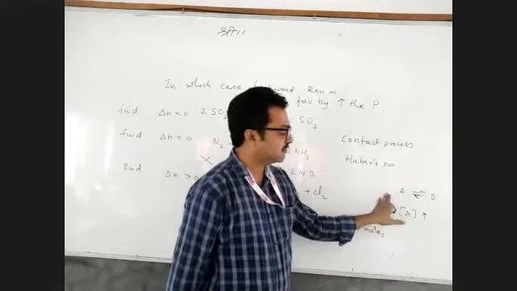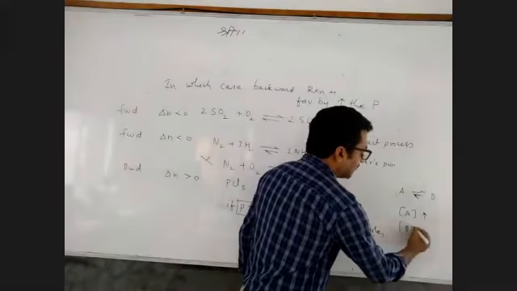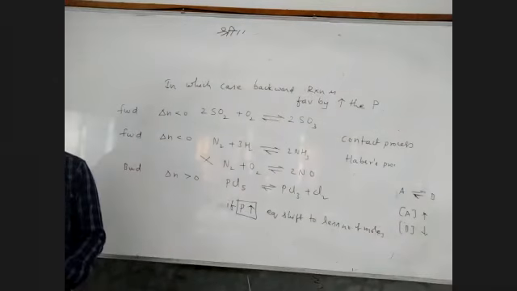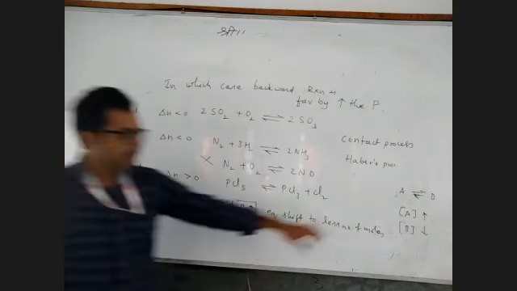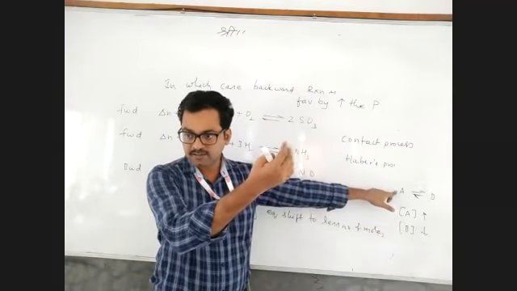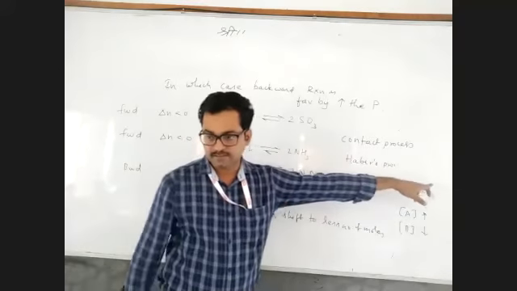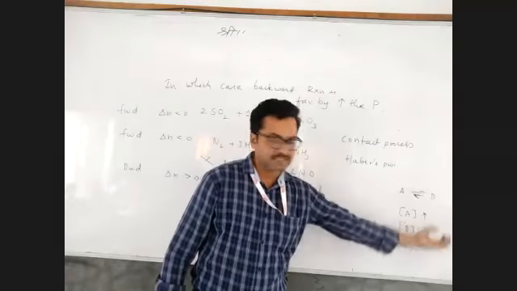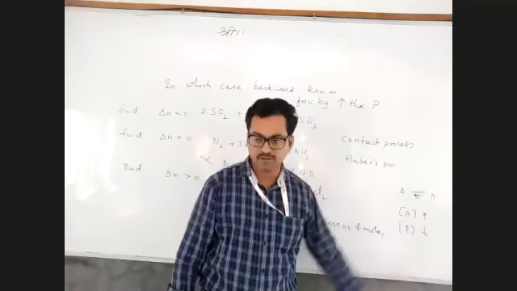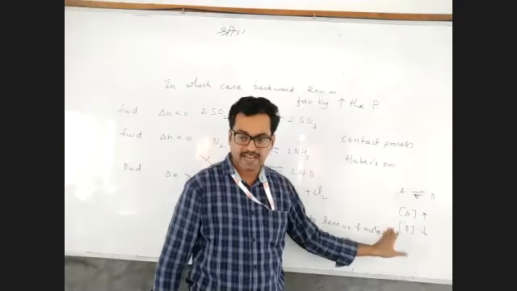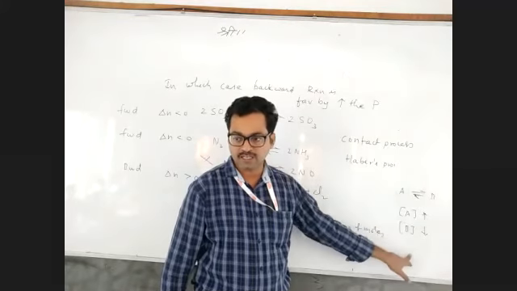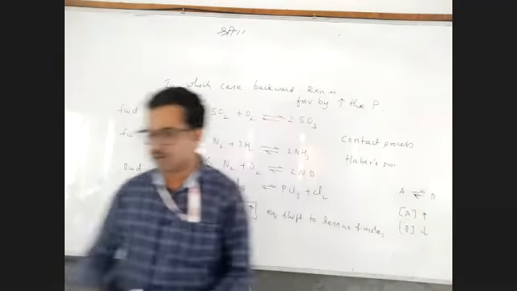Concentration of A increases means forward, or concentration of B decreased means also forward. So this is the favorable condition. Like that you have to say. Understanding that? If A concentration increases, according to Le Chatelier, it should decrease. Decrease means forward reaction. If B concentration is decreased, according to Le Chatelier, it should increase, means again forward. So the favorable condition for this is either increase the concentration of A or decrease the concentration of B. This is the favorable condition, means forward reaction.